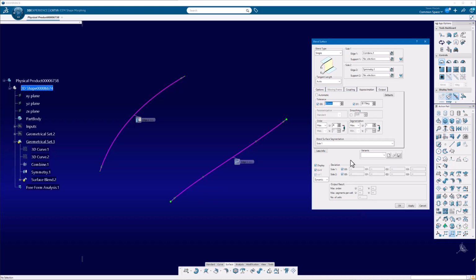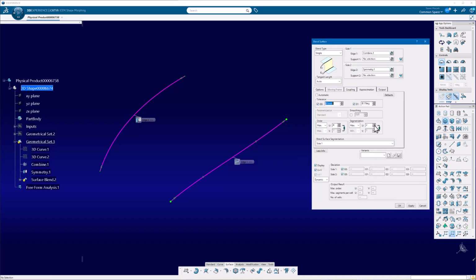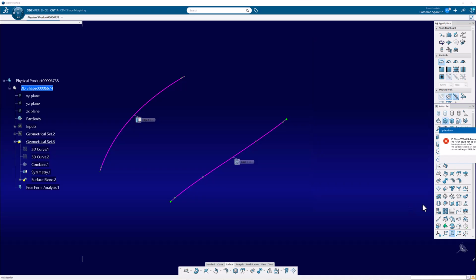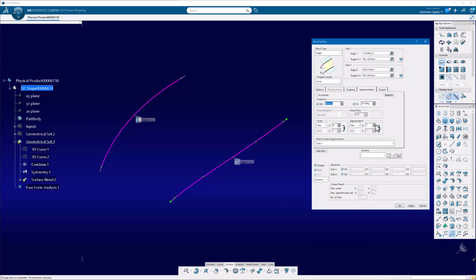Now, I'm just going to play around with this just a little bit. If I up this to 2, hit apply, still not enough. You'll see the deviation it needs to go is less than the prior ones, but it's still greater than what I am allowing. So this gives me a really good indication. Man, I'm getting there, but it's getting pretty complex. Let me just go up quite a bit,